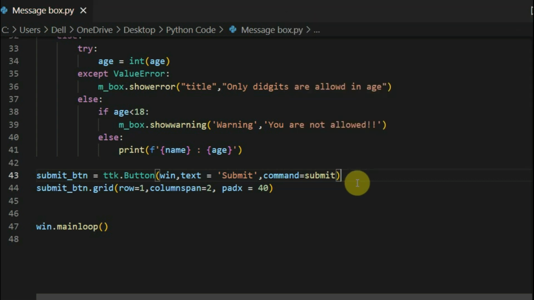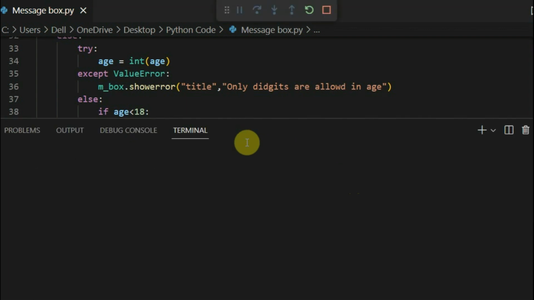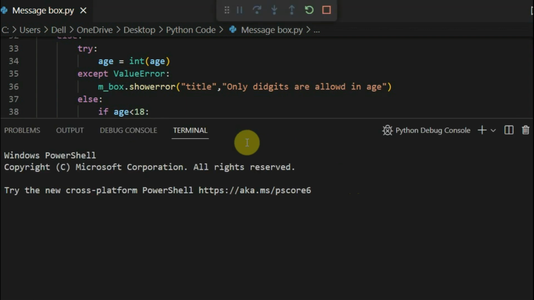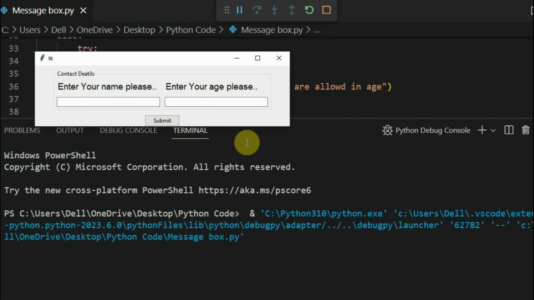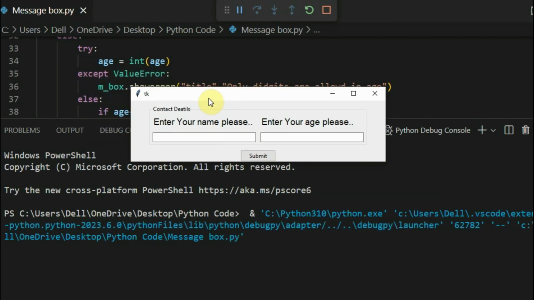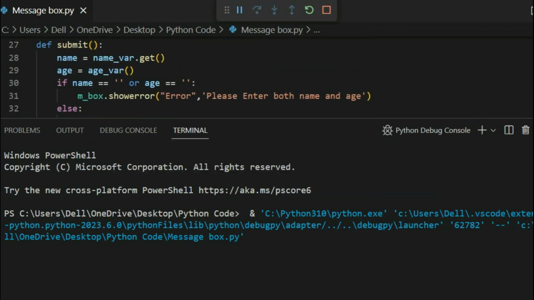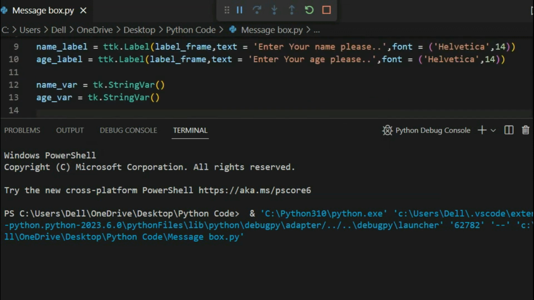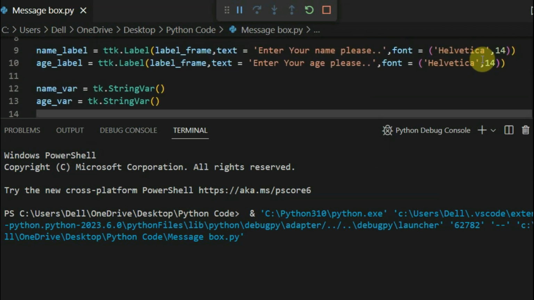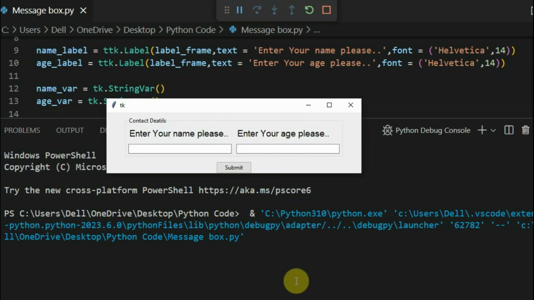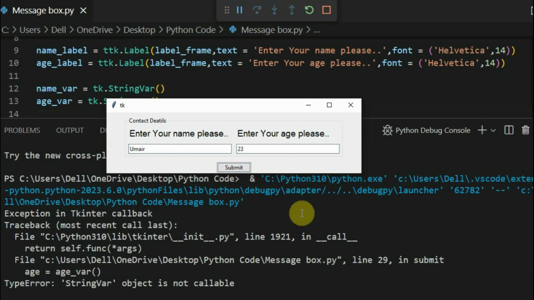Alright, now let's save it and then run this program again. Now you can see that it is generating this message box. It has 2 entries, the name and the age. Basically this font is changed because we did not use the Times Roman font. We have used Helvetica, and the size is 14. Alright, so basically it is here. If I write my name and my age and press the submit button, it is generating